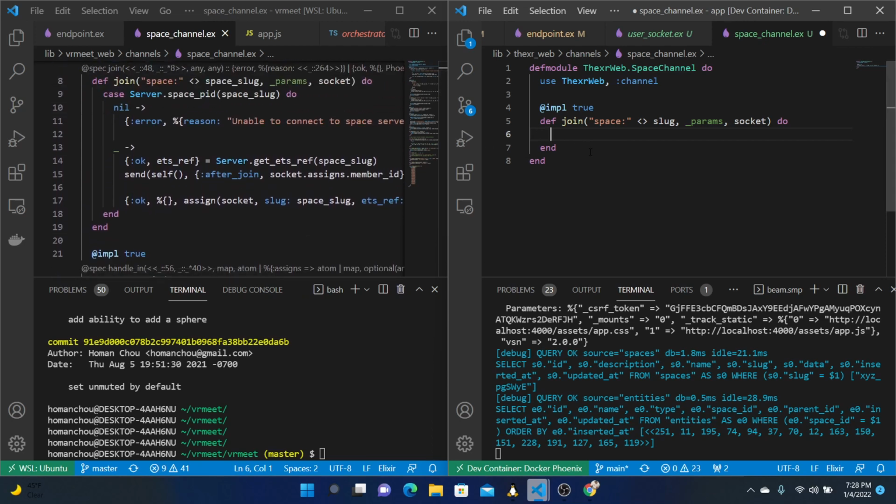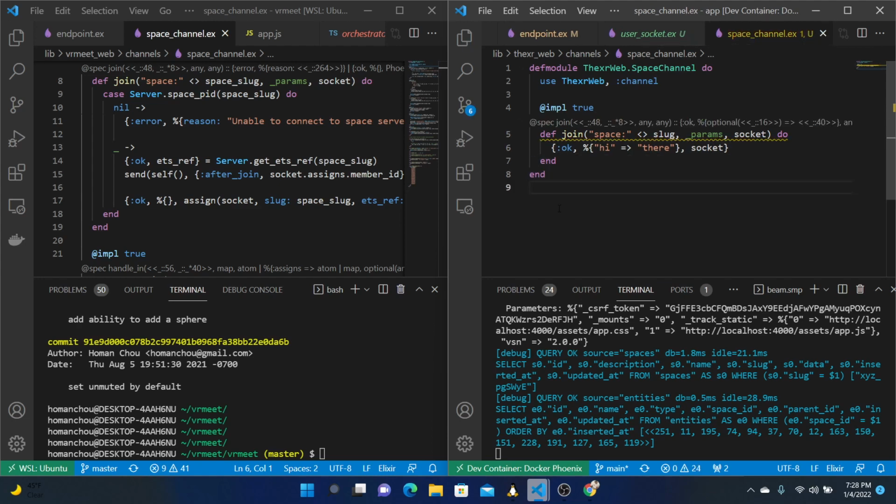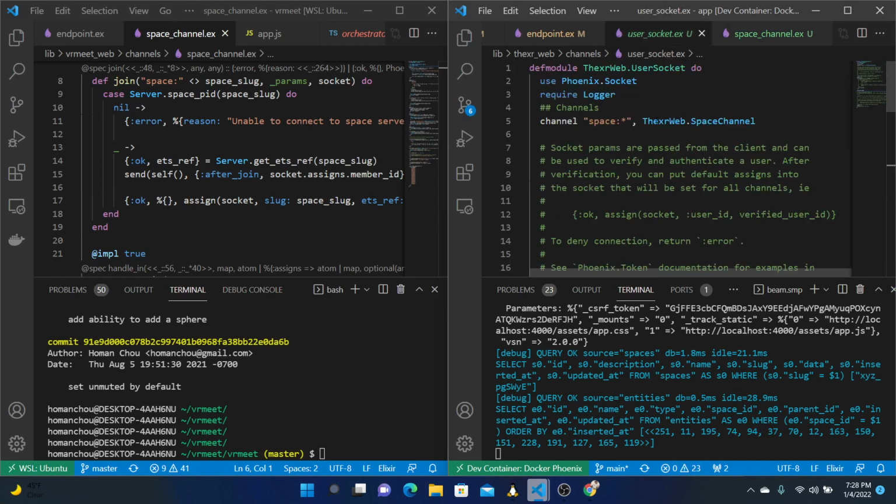Okay, the return value. Okay, let's just say hi there, and the socket. Let's add the slug in there. Slug is the slug. Basic space channel. And now in our user socket, we can reference that space channel, and in the front end